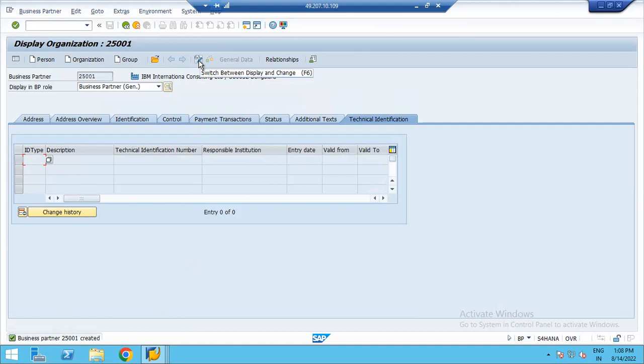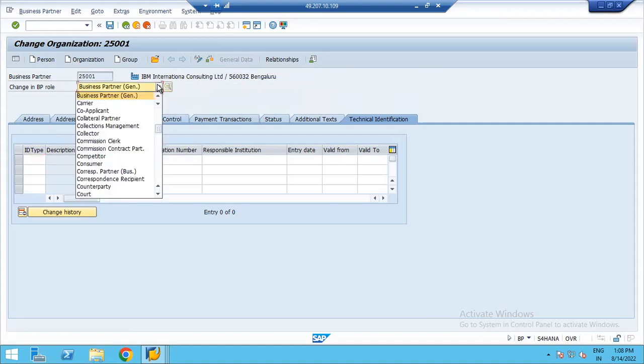Switch between display and change. Click on this. We have created here. Switch on, switch between display and change. Then go here. Select